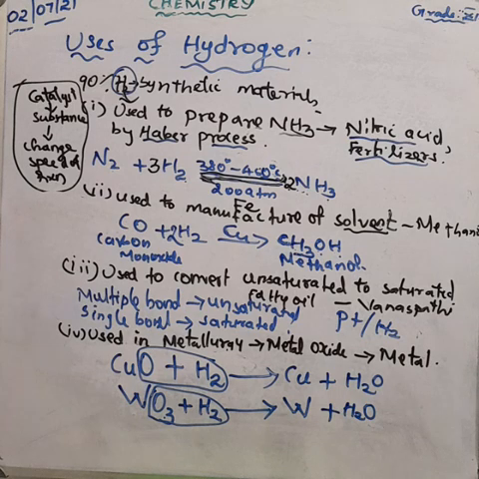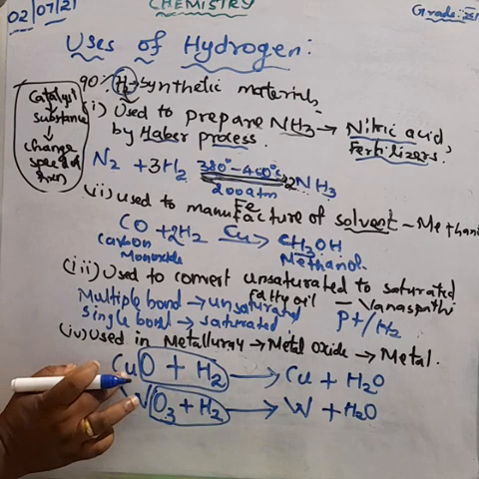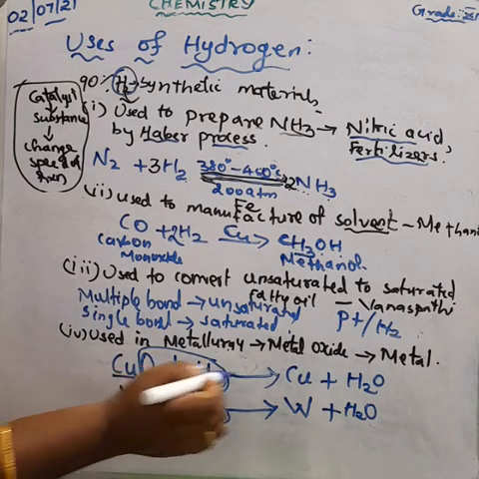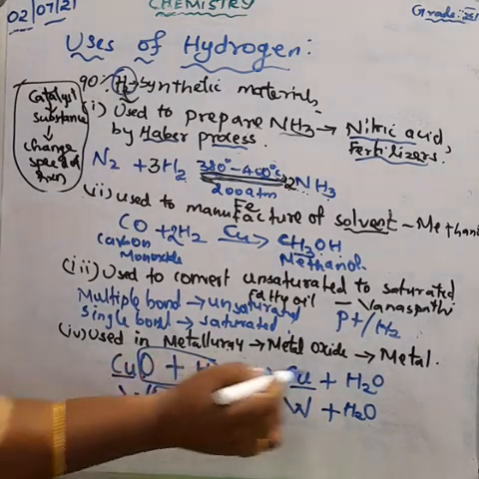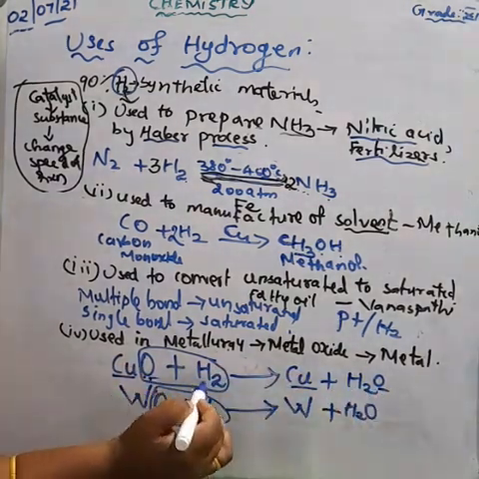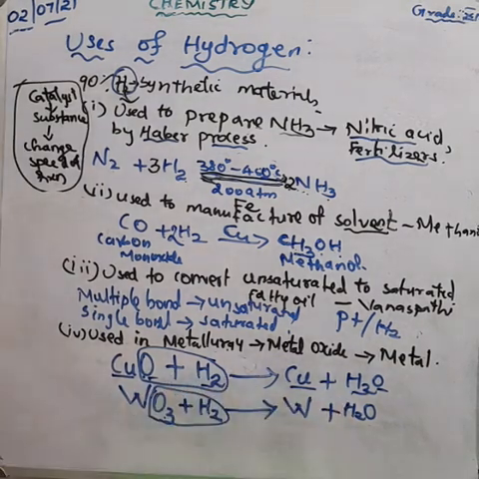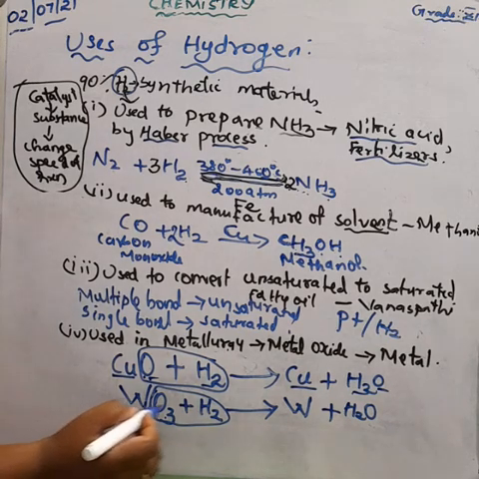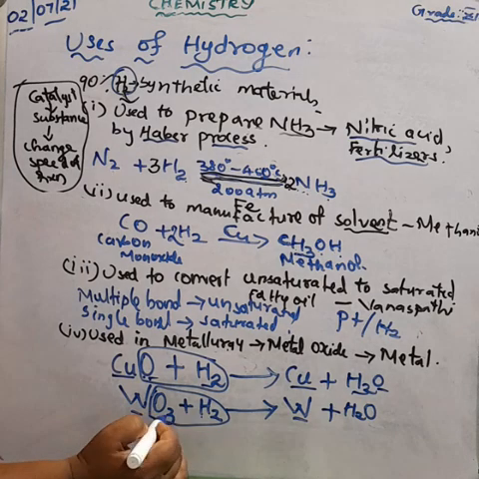Understood? So we have to balance these two equations. In the first equation, here one copper, here also one copper. Oxygen, here one, here also one oxygen, and hydrogen here two, here also two hydrogen. So the equation is balanced. But here the tungsten, here also one tungsten, and here three oxygen, but